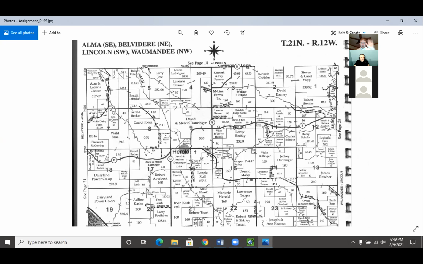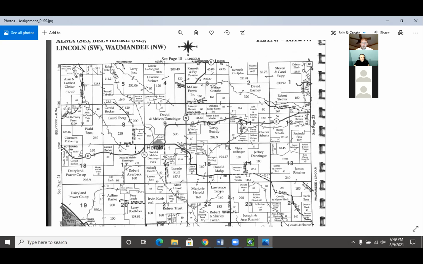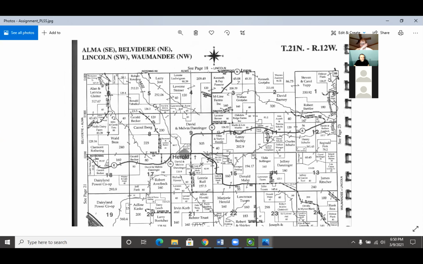So the part that we're seeing right here, there's a northeast to that and then a northwest and a southwest. It just happens to be that on this plat representation, on this 21 North, Range 12 West, we're seeing the southeast part of the Elma Township. Now we're also seeing part over here of the Lincoln Township, which would be the southwest portion of that. So Lincoln, and this is all right on top of the bluff too. A lot of these roads follow the top of the bluff line, so it makes sense that that's where, back in the day, they developed or broke down their